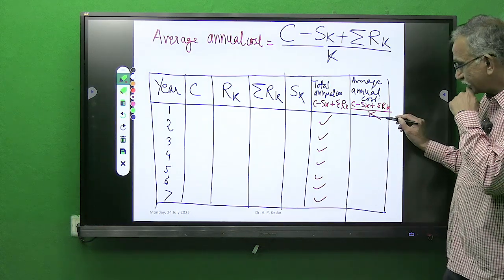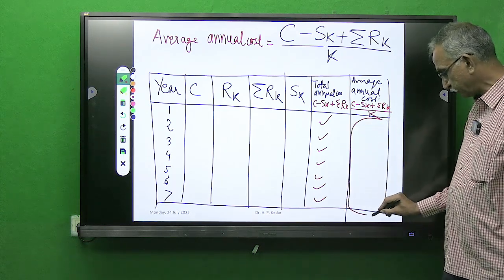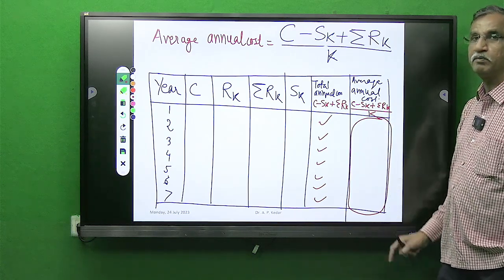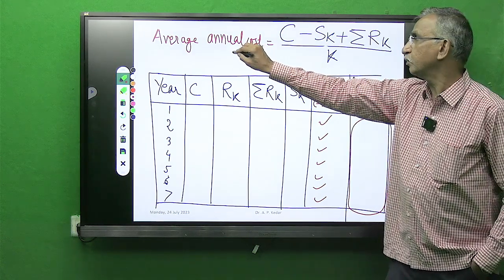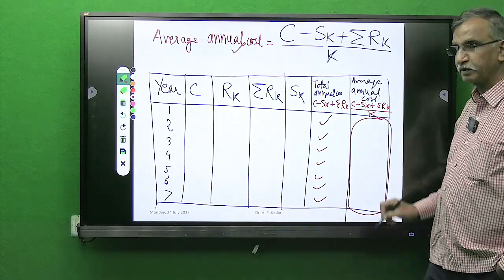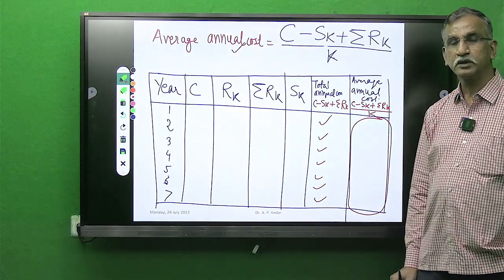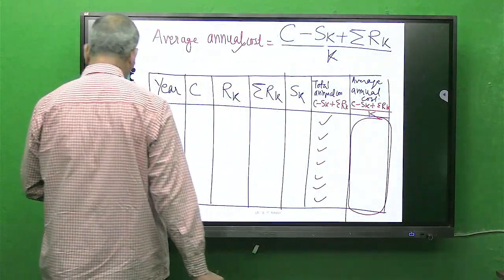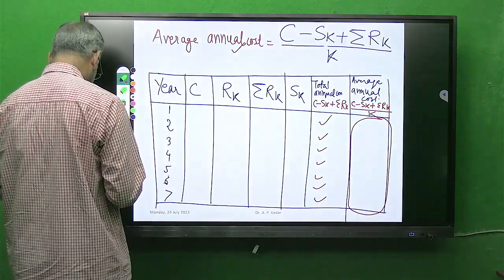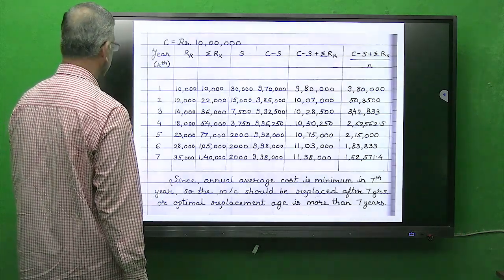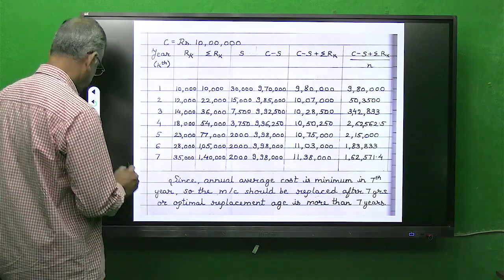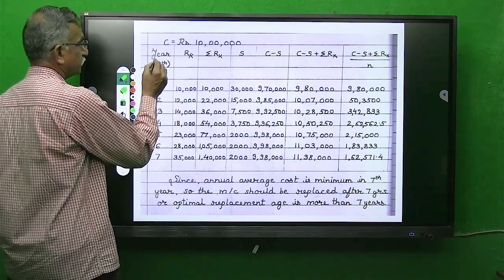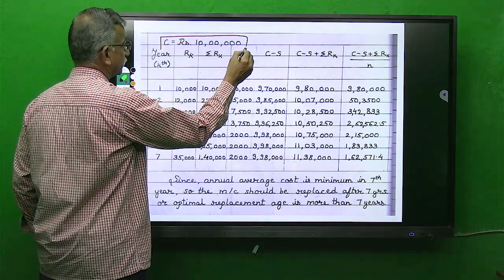And then our decision making values will be 7 values from this last column. And wherever you get minimum value of average annual cost, we will underline that minimum value and we will write that as a optimal replacement age. So let's move ahead, wherein I have solved this complete numerical which I have explained. So you can see here the same numerical where I have explained table in the last slide. This C was given like this.